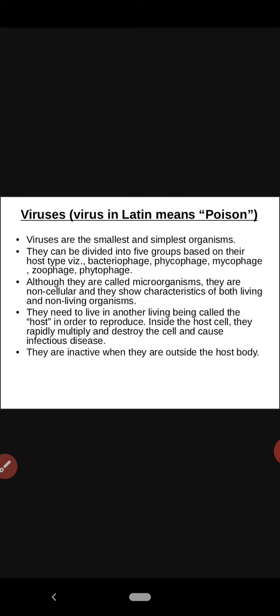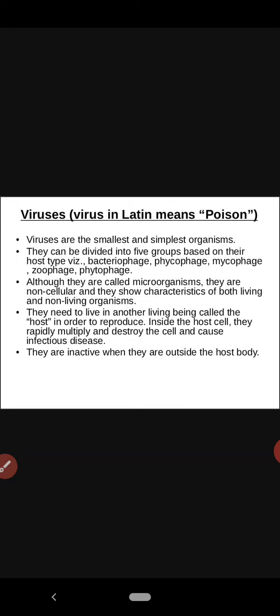Now let us go with the viruses. Virus in Latin means poison. Viruses are the smallest and simplest organisms. They are microscopic, simplest organisms. They can be divided into 5 groups: bacteriophage, phycophage, mycophage, zoophage, and phytophage. Although they are called microorganisms, they are non-cellular,